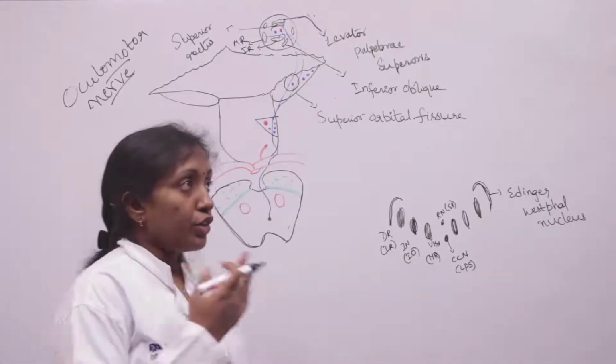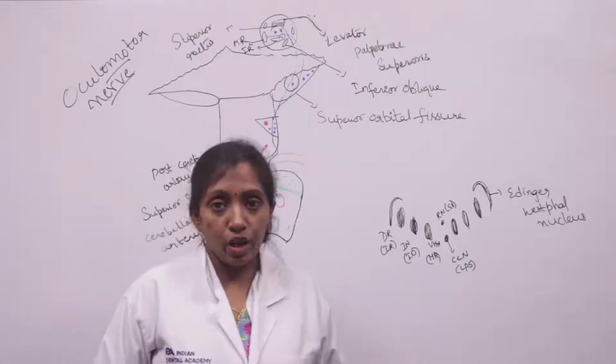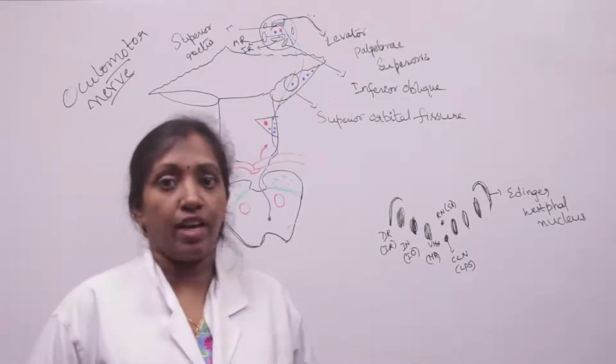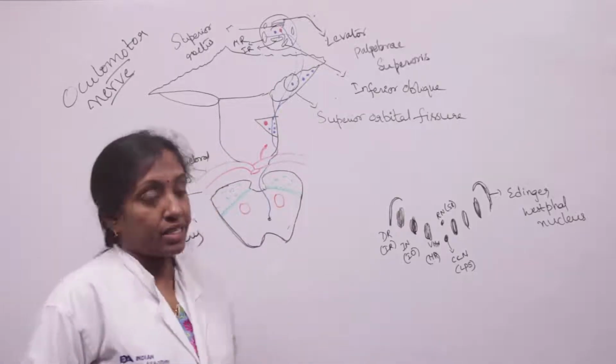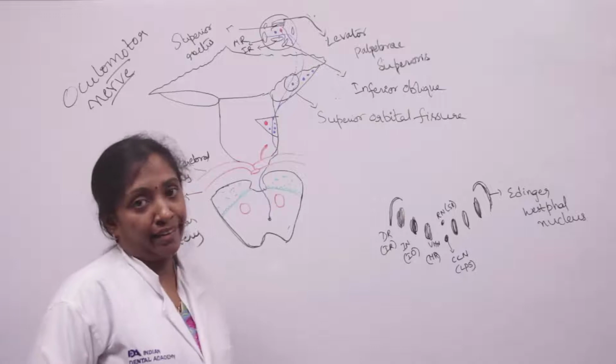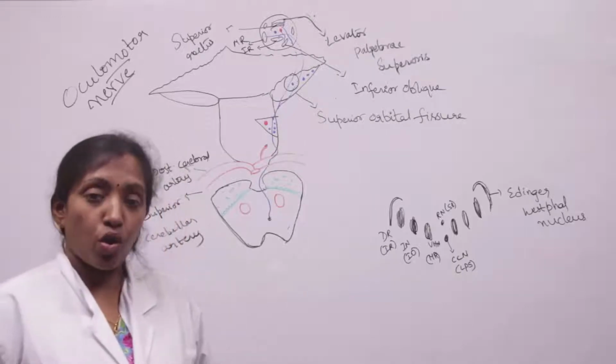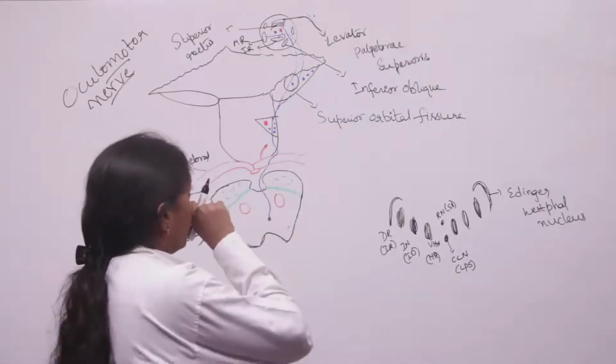So today we are discussing the oculomotor nerve. We know that the oculomotor nerve is the third cranial nerve, and it supplies all the muscles of the eyeball except the superior oblique and lateral rectus muscle. It supplies all the extraocular muscles of the eyeball except the superior oblique